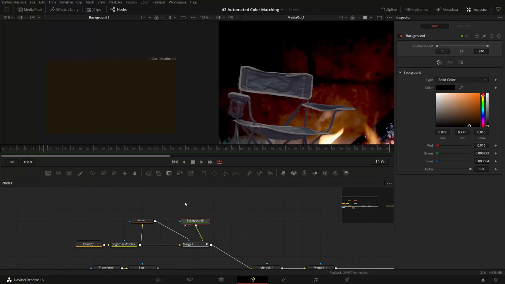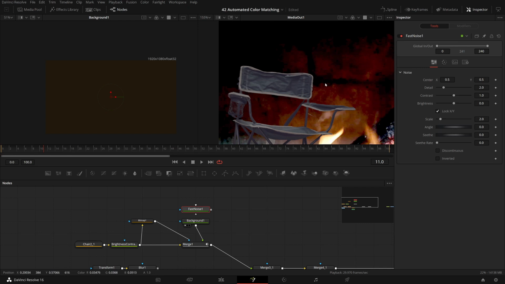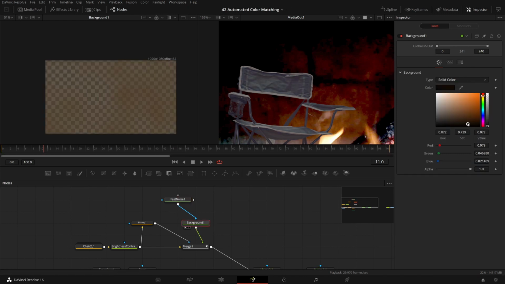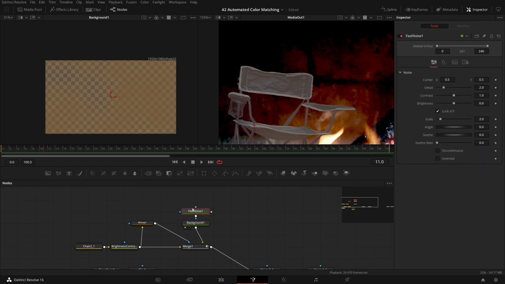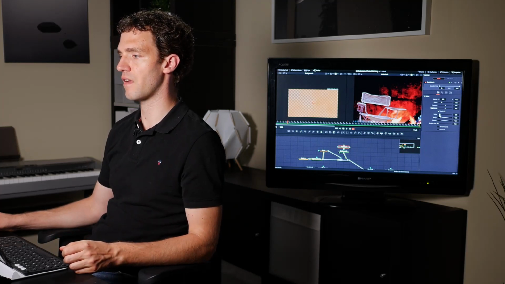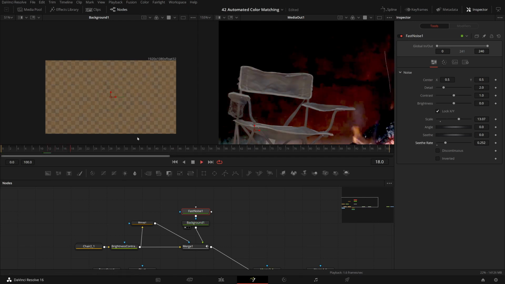For example, I could decide to add some noise here. So instead of using the original flames, in order to get a bit of a sparkling changing effect, I could maybe use some fast noise here, and let me bring this a bit up to make it more obvious. So just to show it, I could kind of match a texture which is giving this fire effect or fire brightness effect. So I could use a texture like this, perhaps even animate it over time. And now due to the blend, it's getting stronger and weaker.